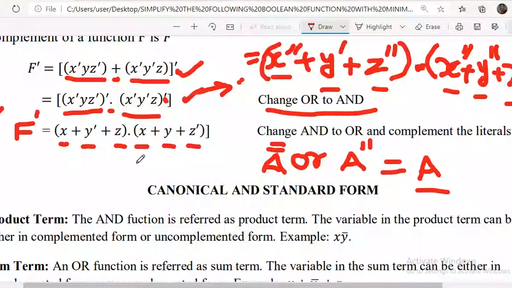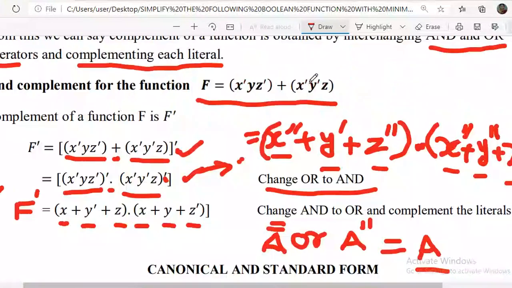So you can check: two product terms were added in your question. After complementing, what I got is two sum terms. So this is called a sum term: x plus y dash plus